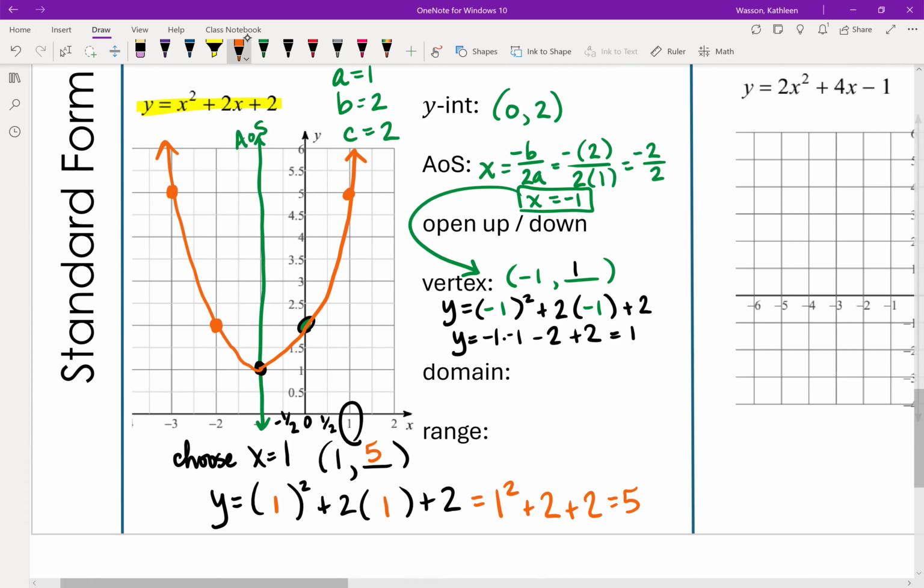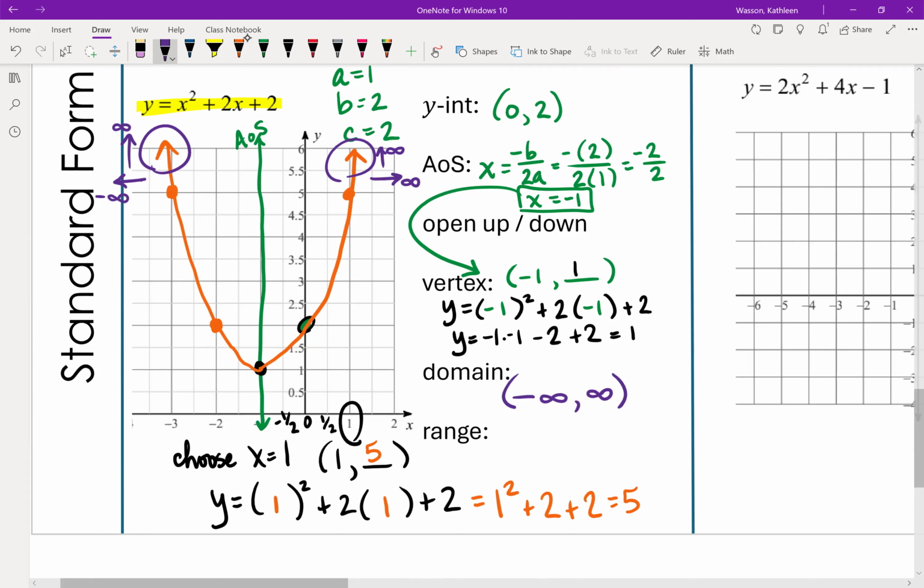The domain of this graph, I need to check my edges here. I have arrows. So my smallest x, this arrow goes left and also up. Negative infinity is the left. Positive infinity is the up. So my smallest x is negative infinity. And my other boundary is also an arrow, goes to positive infinity to the right, and also positive infinity